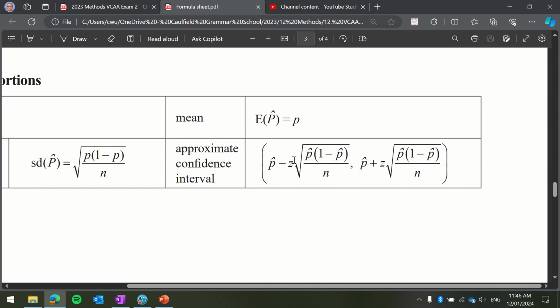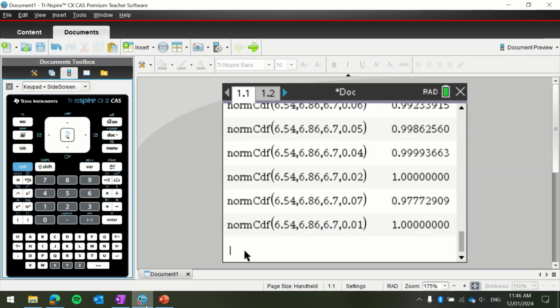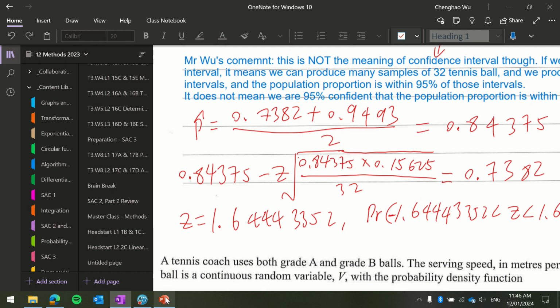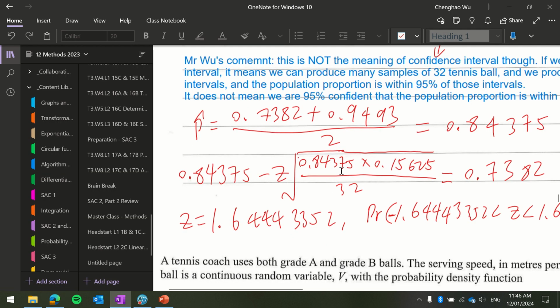The Z you don't know because Z tells you the level of confidence. So that's what we're trying to find. Right, Z is what we're trying to find. And then p hat you know, which means you know what 1 minus p hat is also. And then n is the sample size, which you do know also. The sample size is 32. So you sub everything in,